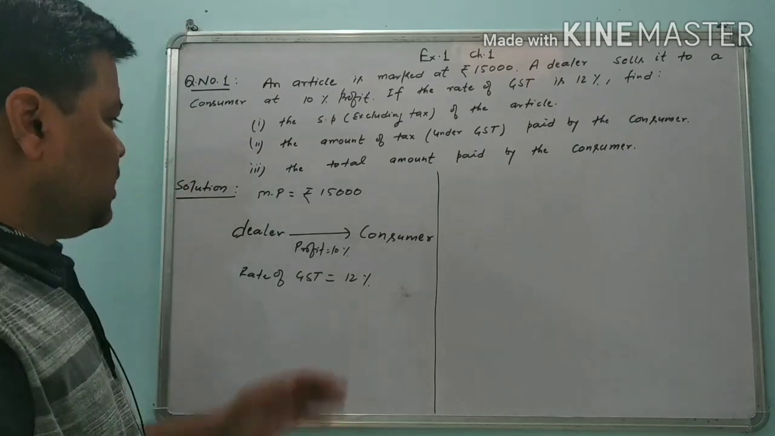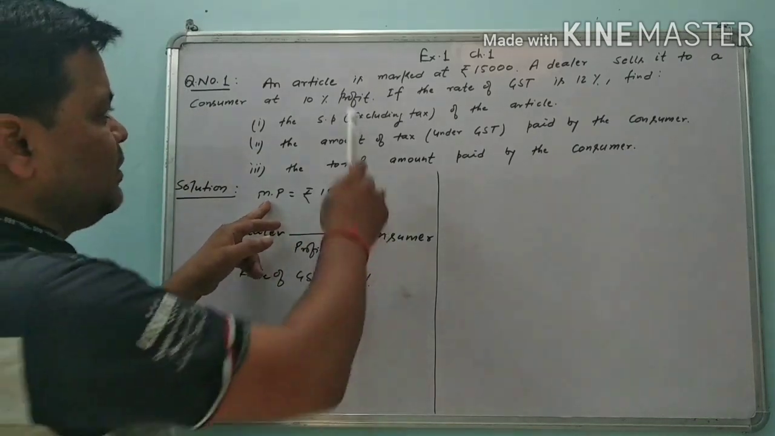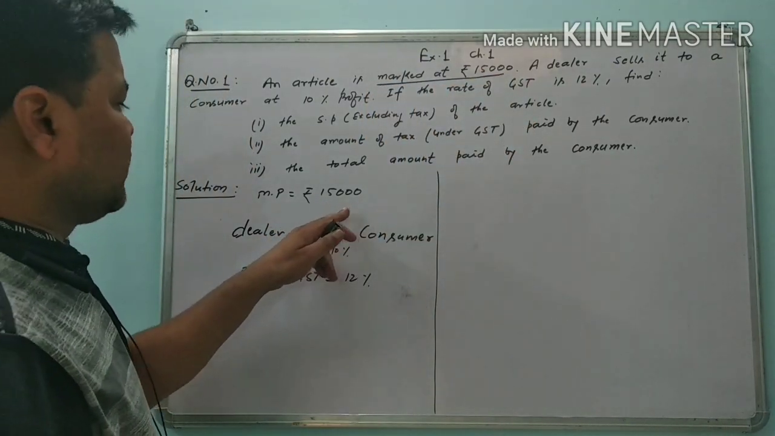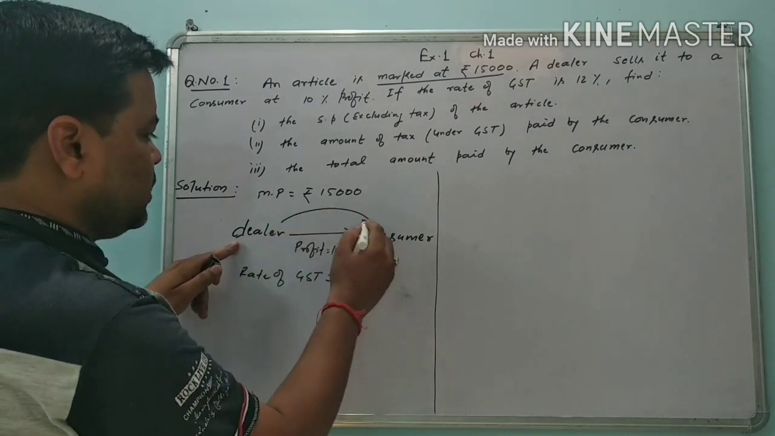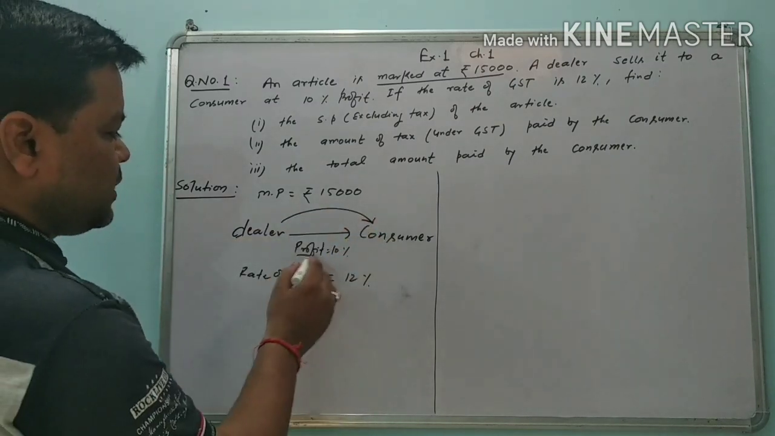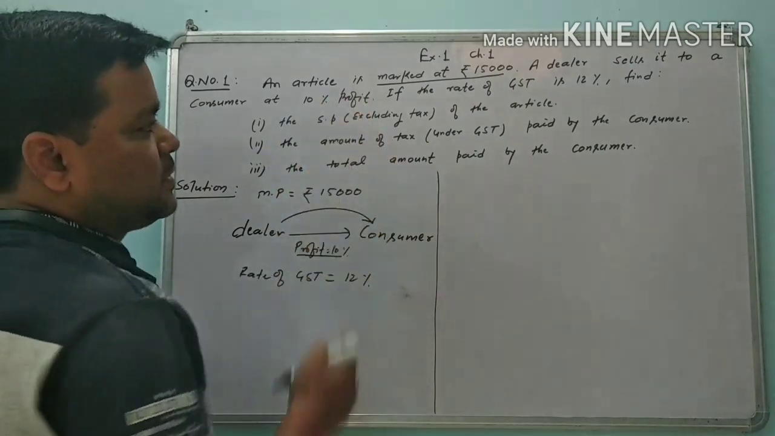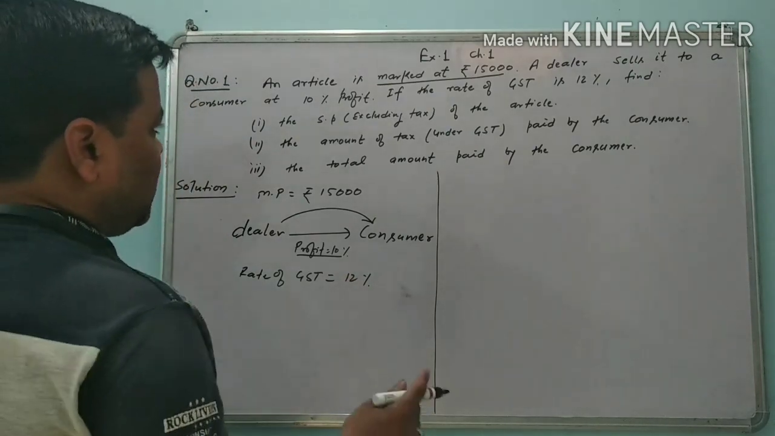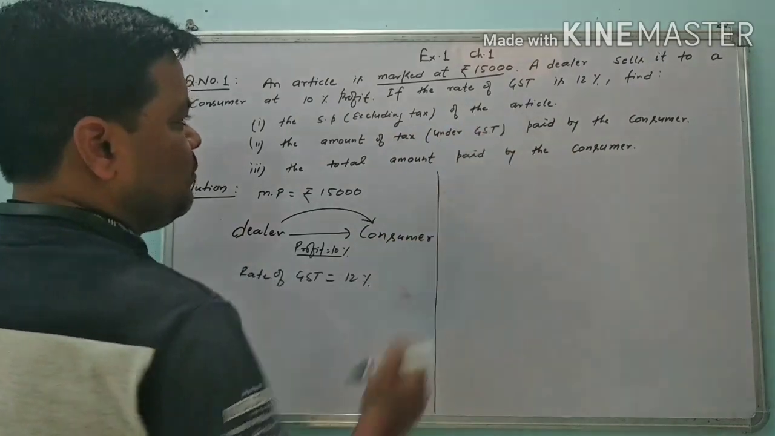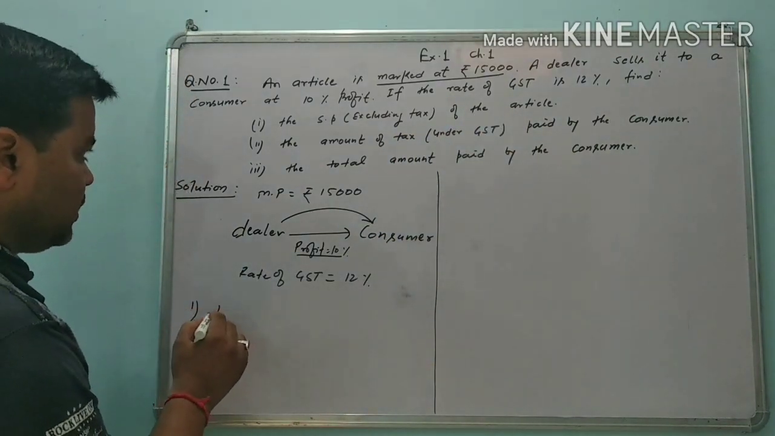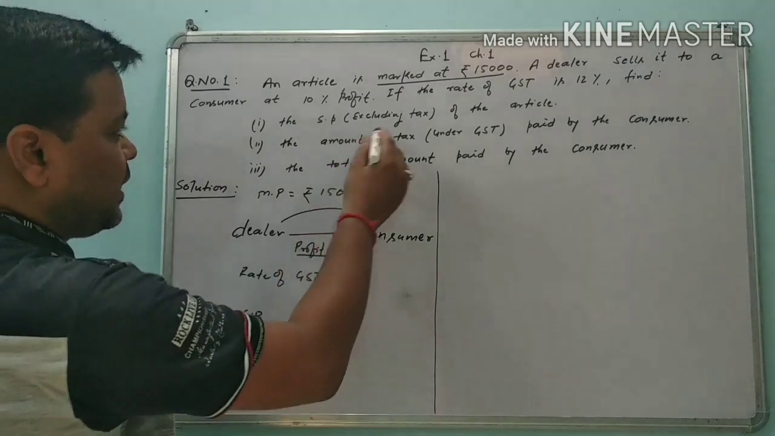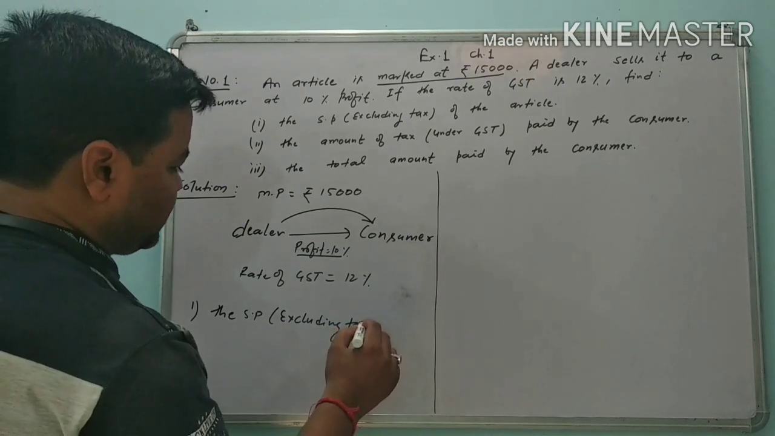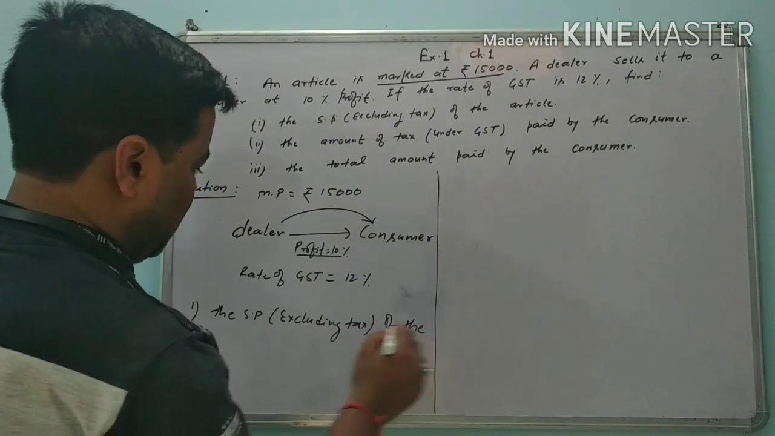Here the marked price of the article is given, that is 15,000 rupees, and the dealer sells it to the consumer at 10% profit, and the rate of GST is also given, that is 12%. It means here we have to find the selling price of the article. Then the first question, the selling price excluding tax of the article